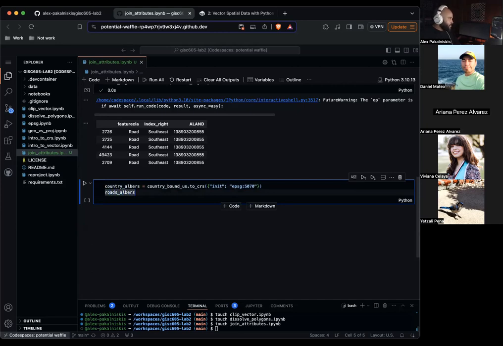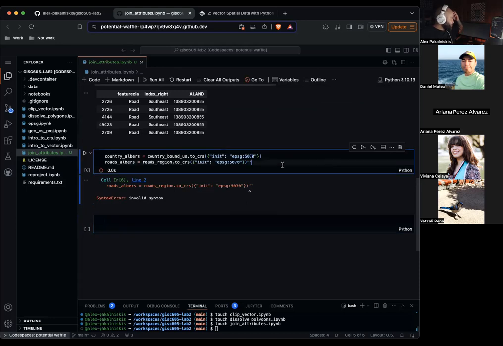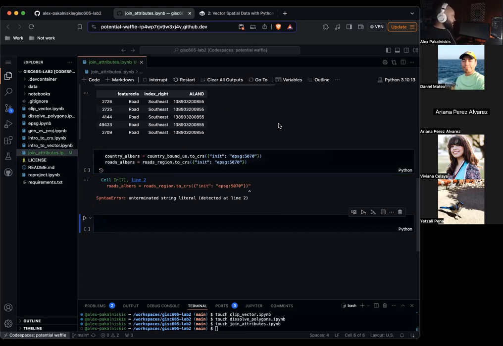Roads_albers equals roads_region.to_crs, init, EPSG 5070. Oops, extra quotes there. Unnecessary, which is what's causing the error.